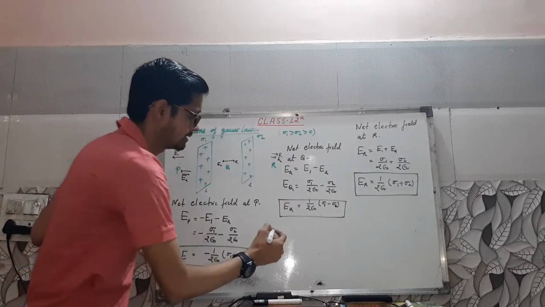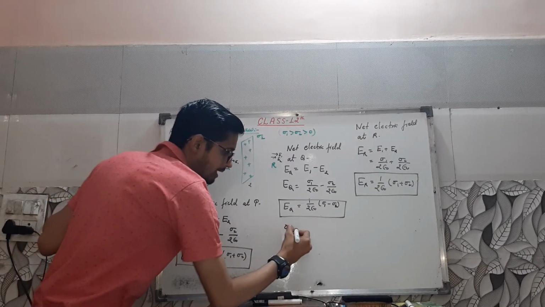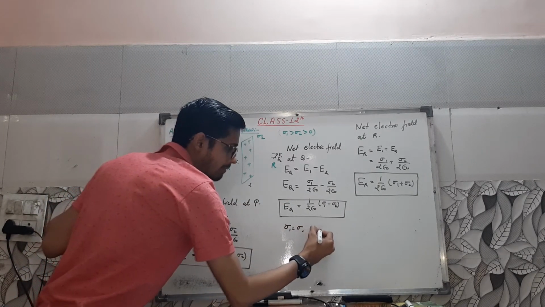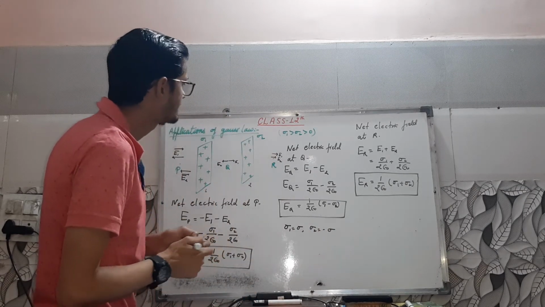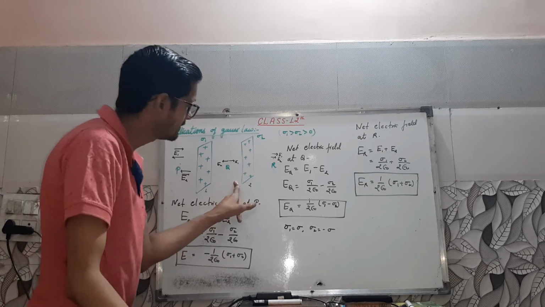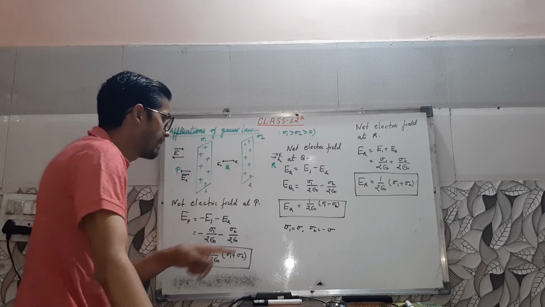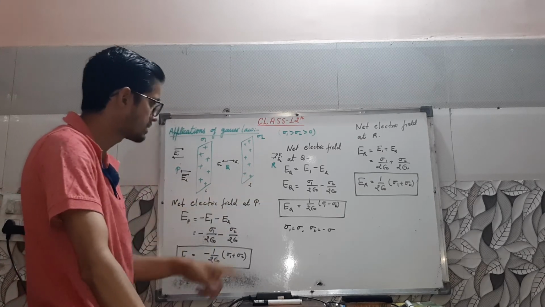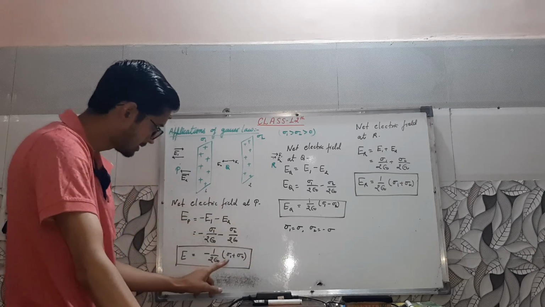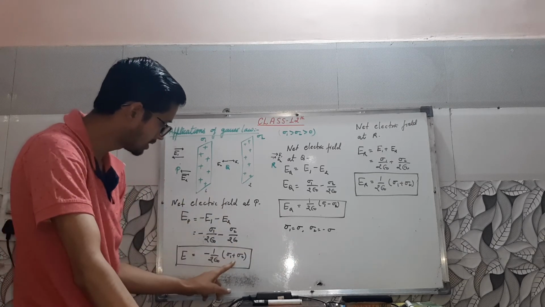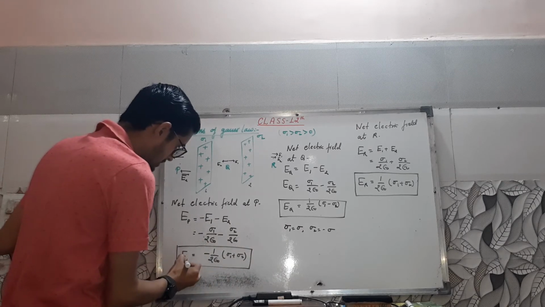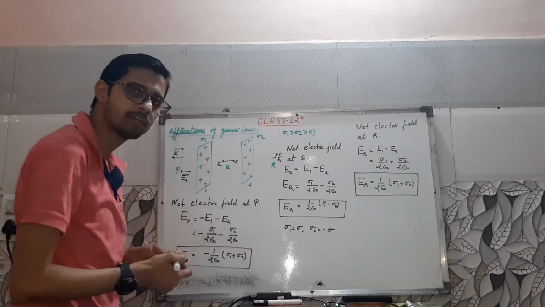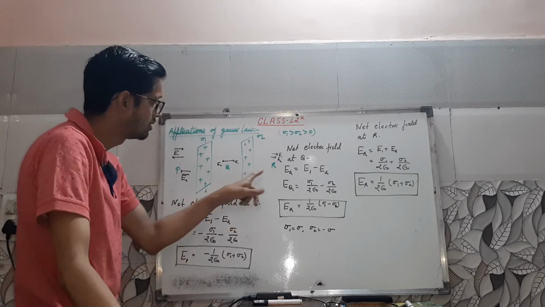Now let us suppose that sigma 1 equals sigma and sigma 2 equals minus sigma. Minus sigma indicates that the second plate is negatively charged. If the second plate is negatively charged, what is the electric field at points P, Q and R? So we put sigma 1 is sigma, sigma 2 is minus sigma, so it comes out to be 0. So at point P electric field is 0, meaning outside the plate, first, electric field is 0.